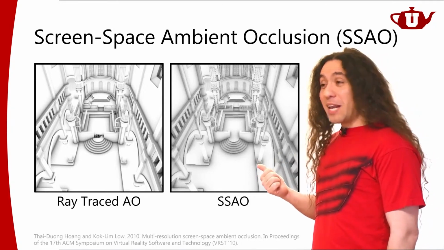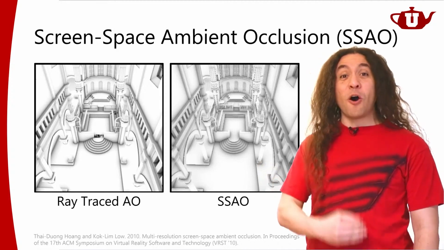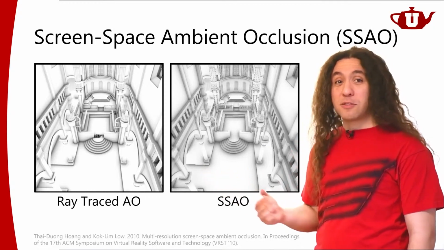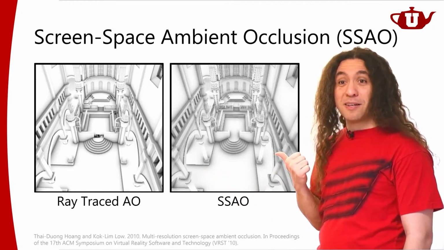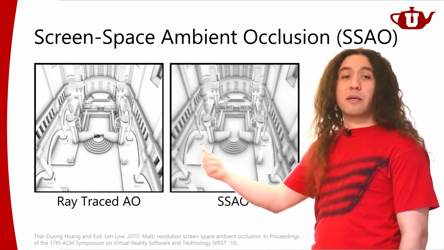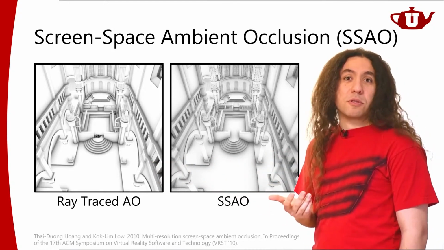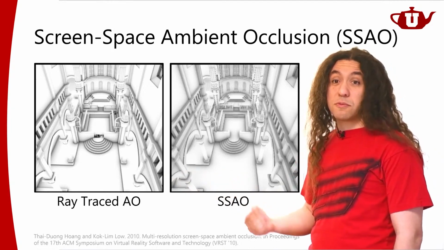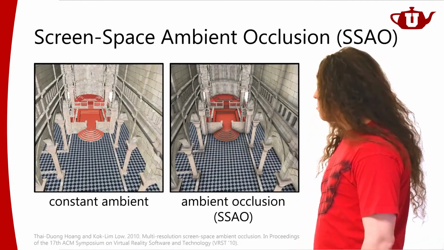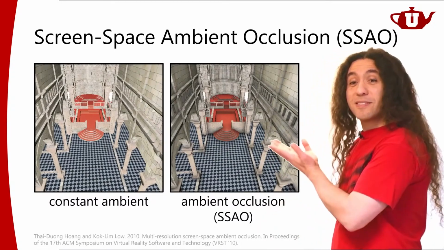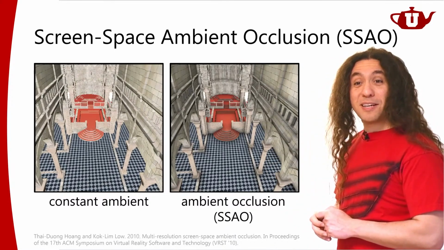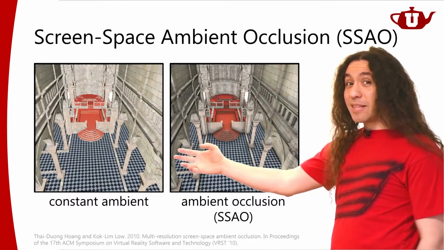And so by doing that, I'm getting something that is so much better than constant ambient. So I should probably use it, right? I mean, I'm not comparing this to indirect illumination. Maybe I'm comparing it to properly computing ambient occlusion. And I'm going to say it's pretty close, right? So if you look at constant ambient, everything looks flat, versus screen space ambient occlusion, it's looking pretty good, right? So that's where the saving is.